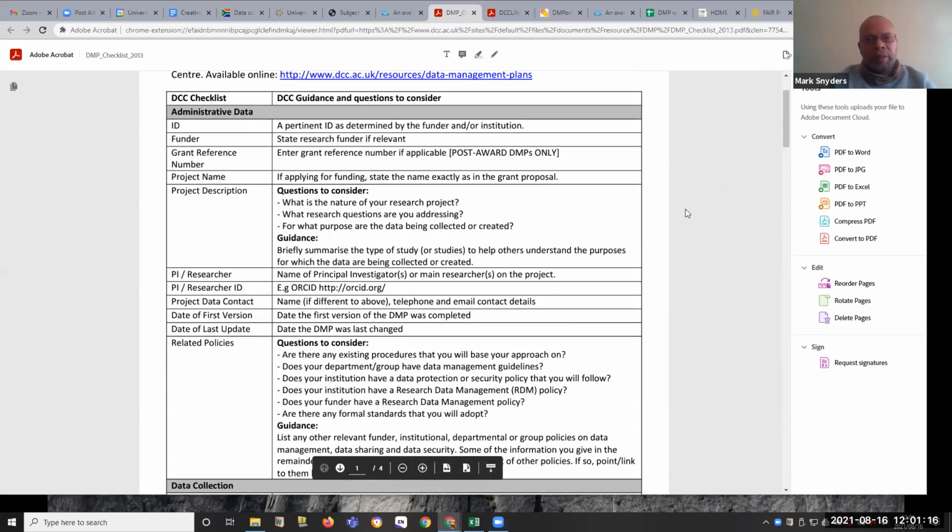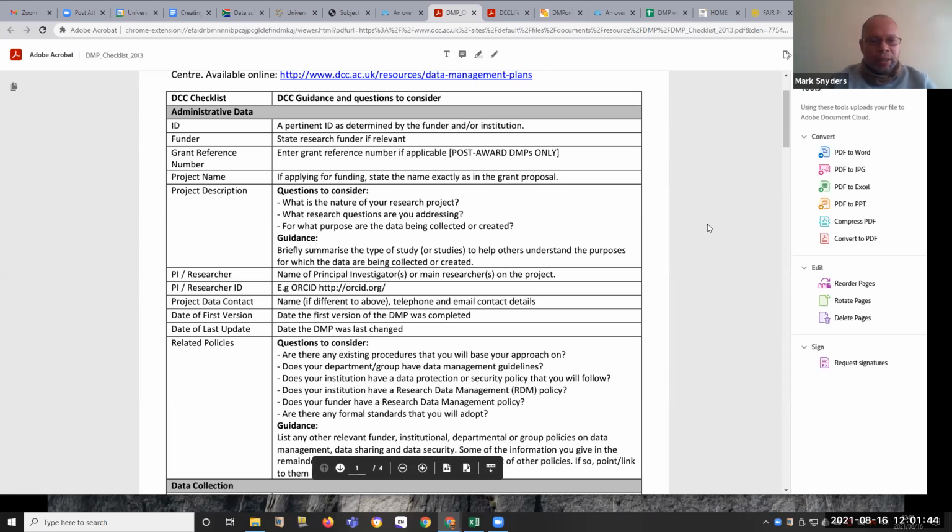Okay. So as far as administrative data is concerned, bear in mind that you have to identify the institution. We have to identify the individual as well, so the investigator. We have to identify the funder, grant reference number, project name and description, etc. The UWC template is based on this document.